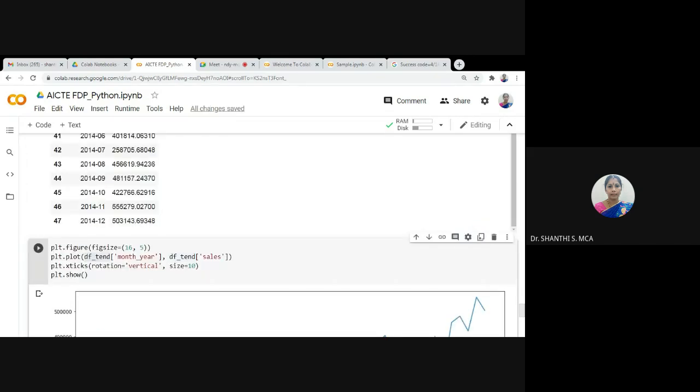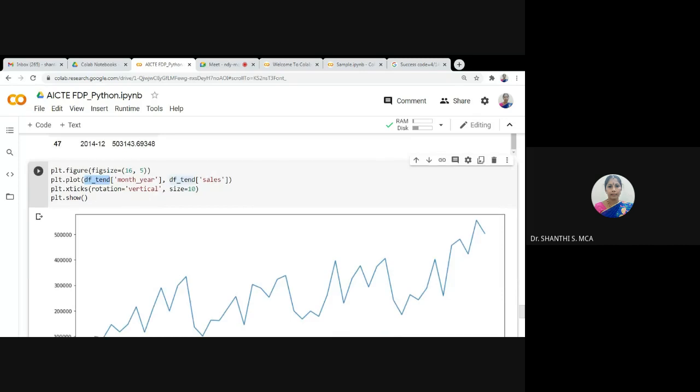So here we are using plt dot plot of, this is our data. So data is available in df underscore trend of month comma df underscore trend of sales. So this will display. Why are we using plot dot x ticks of rotation equal to vertical?